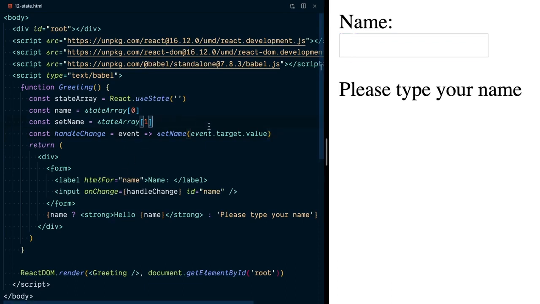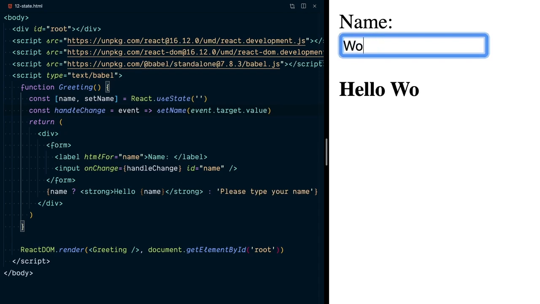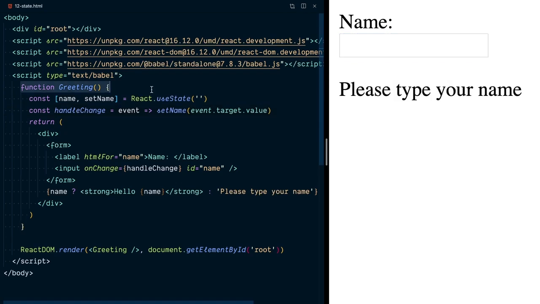But nobody wants to write their code like this every time they want to use state. And so we're going to destructure this to be name and set name. Then we can delete those lines and save that, and it's still working. Woo! React rocks. So in review, to use state in a React function component, you use the useState hook from